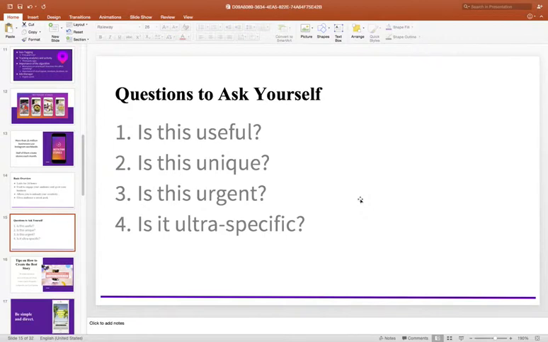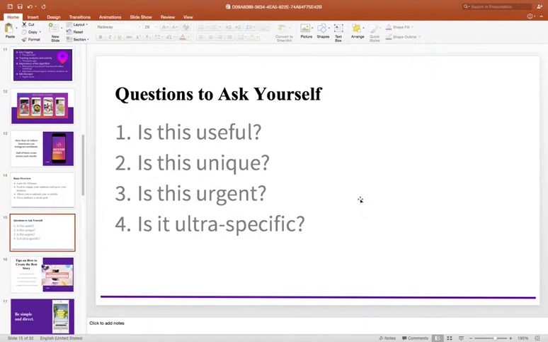Is it urgent? This is a foundation in what we call Kairos, which is, if you've ever heard of ethos, pathos, and logos, you may have even heard of mythos, but there's another one called Kairos that talks about striking while the iron's hot. And is it urgent? So this could do with crisis communication. This could do with a product release. How are we going to promote this in a timely manner?